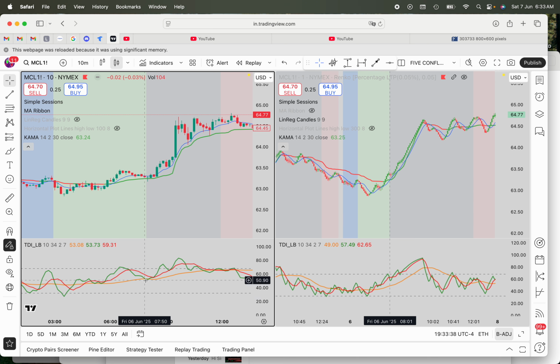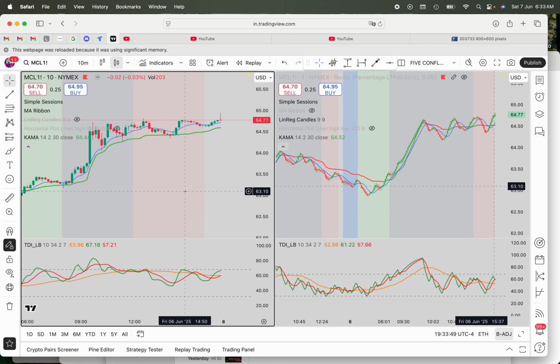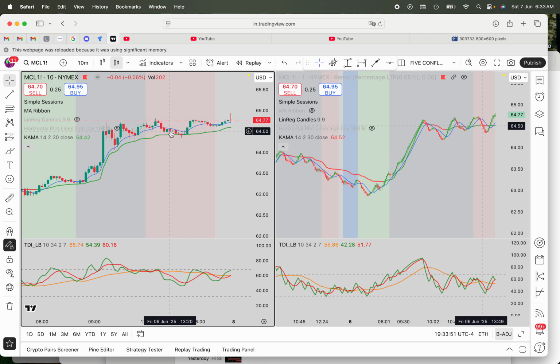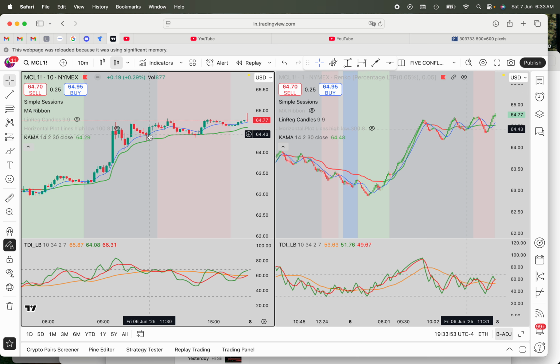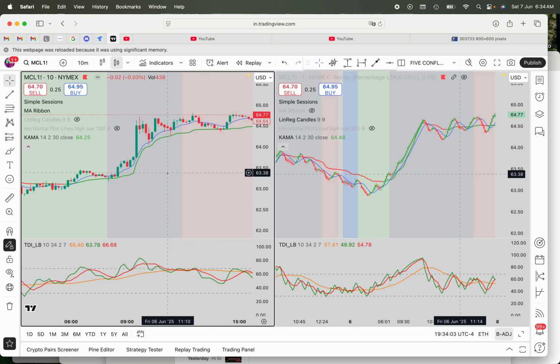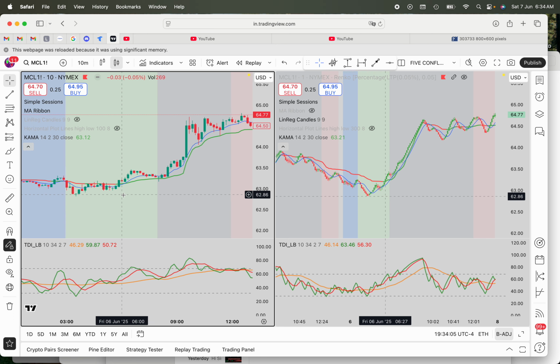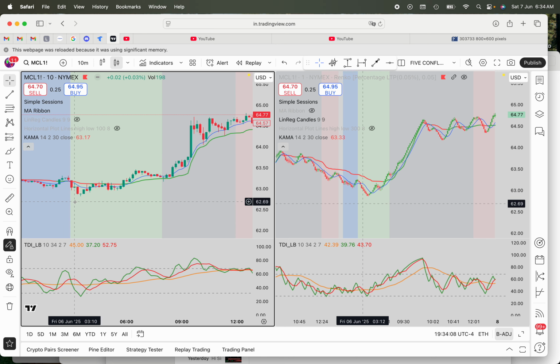Right here, there was a very small fake out, but you can see price didn't break through the Karma, okay? Plus the 9 stayed above it. And in actual fact, it's just stayed long all night, even though around about lunchtime in the USA session, oil just flattened out and just stayed in a range, okay? But if we look at this chart, starting from the UK session,